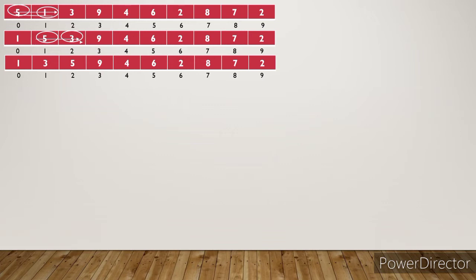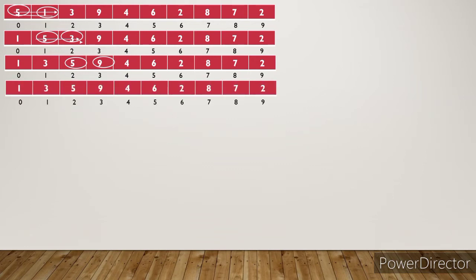Now the process continues with the third and the fourth element, that is the elements in the second and third position of the array, 5 and 9. Here we find 5 and 9 are in order, so 5 comes before 9 in ascending order. So no change takes place. We move forward, 9 and 4, which is not in order, so they are swapped.